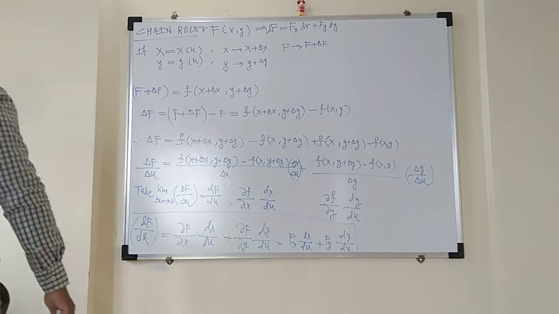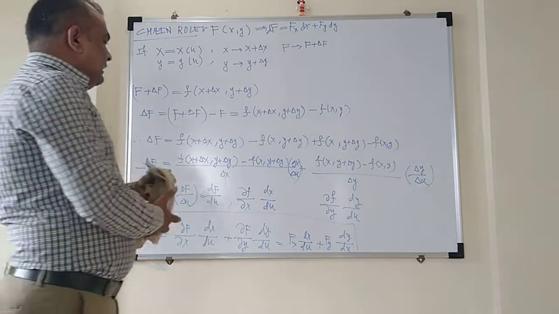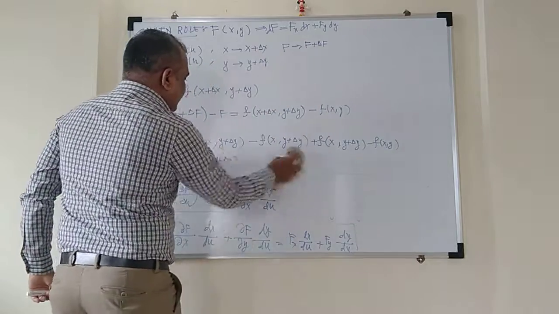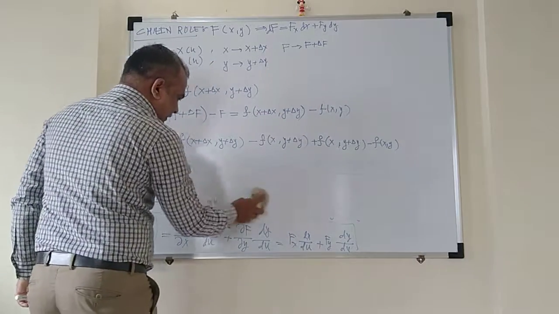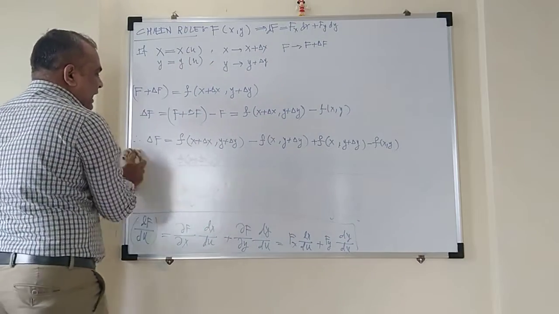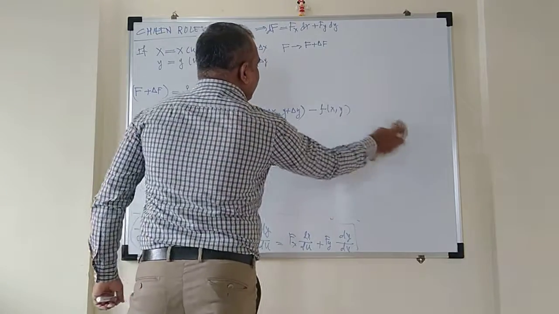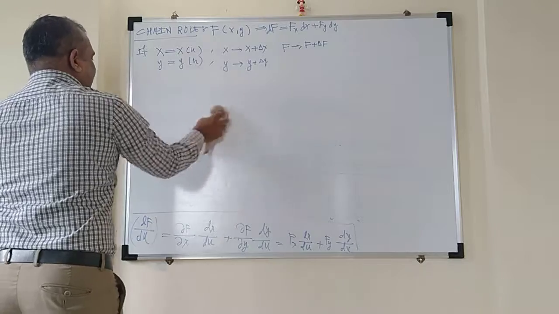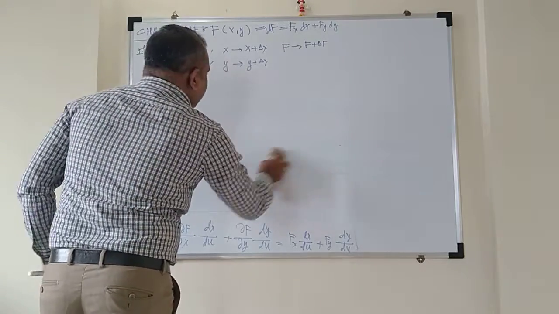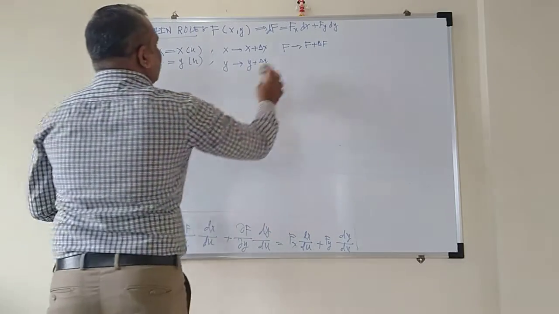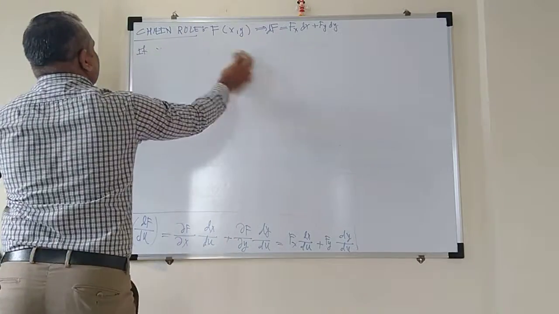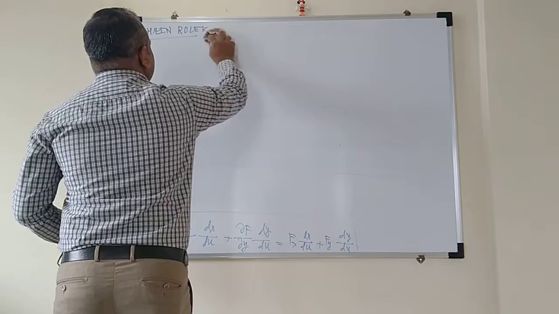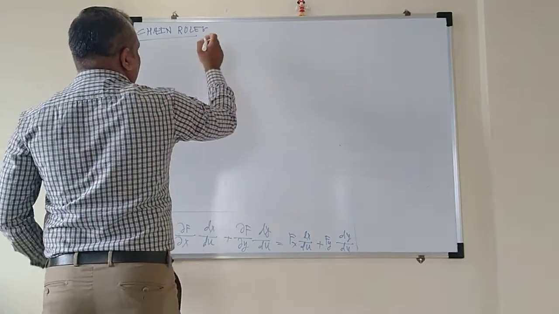Now if your function is a function of two independent variables x and y, but x and y variables are again a function of two independent variables, let us say u and v, then similarly you can write the chain rule. Now what will be the change? Let me rewrite it again. So in the first case I'll write it again. So what was the first case?